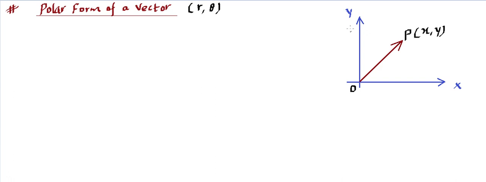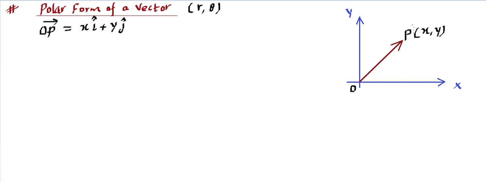So this point P is going to be in this plane of x and y, that means in the whiteboard plane that you are able to see, point P lies on that plane. And this OP vector, how is it written? That's called the position vector, and we have understood how it is written: the position vector of point P is going to be x i cap plus y j cap. So this is one way of representing a position vector, we know that.